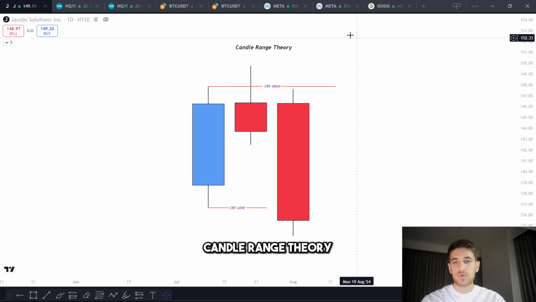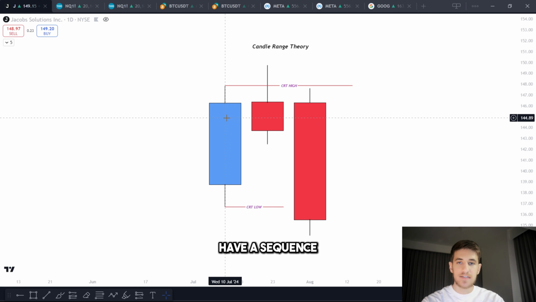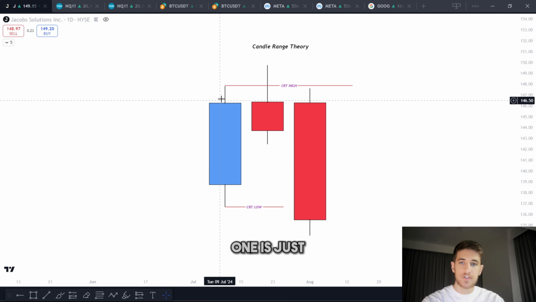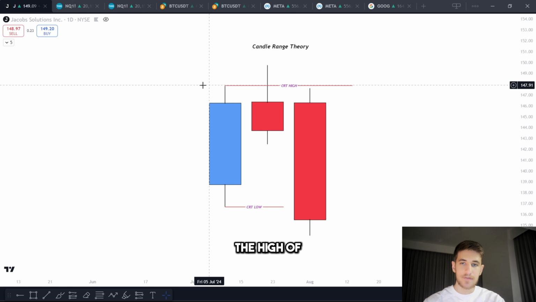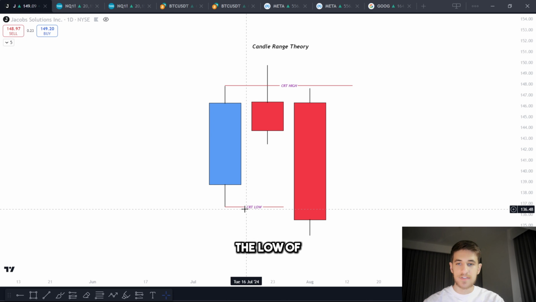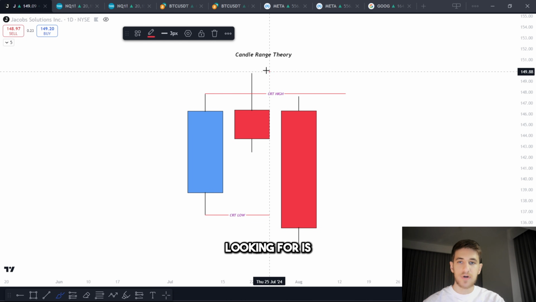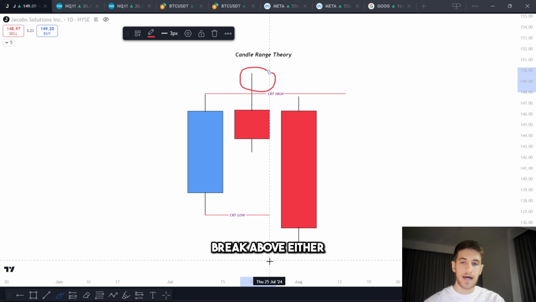So what the candle range theory is, we're going to basically have a sequence of 3 candles, and the first one is just a regular candle with a wick high and a wick low, and this is where our first candle range theory levels come in. So you're going to draw a line at the high of the first candle and also at the low of this candle. Now all we're looking for is price to come and break above either the high or low of